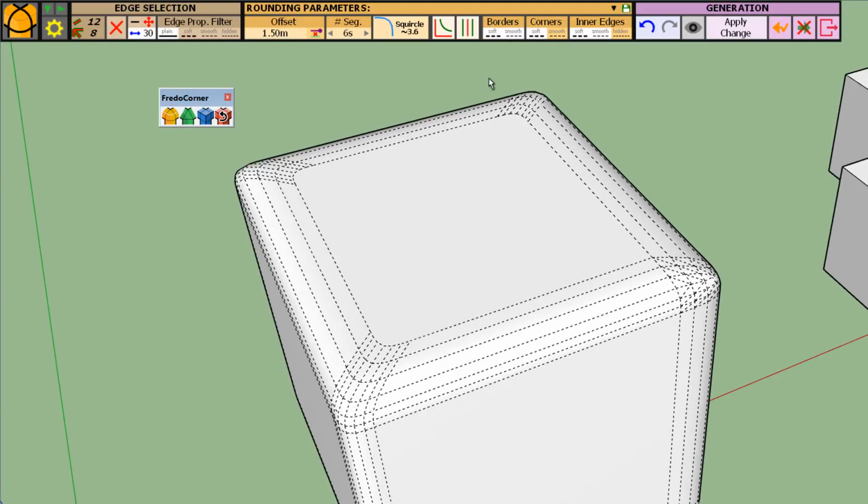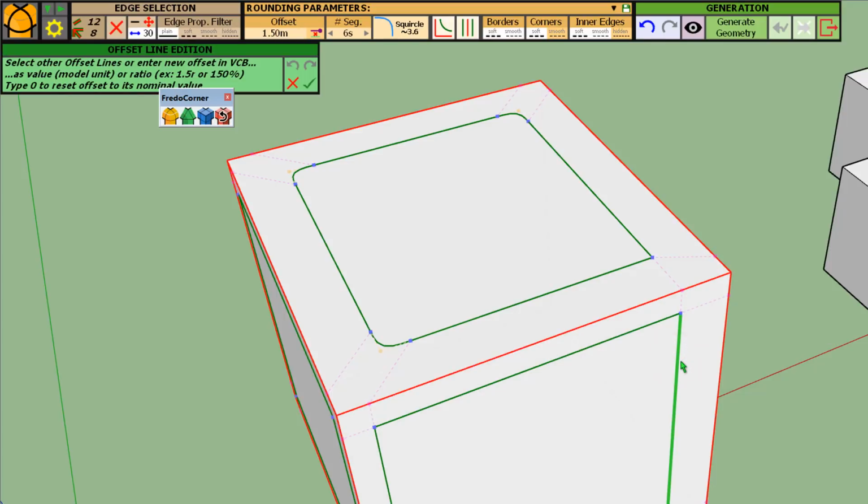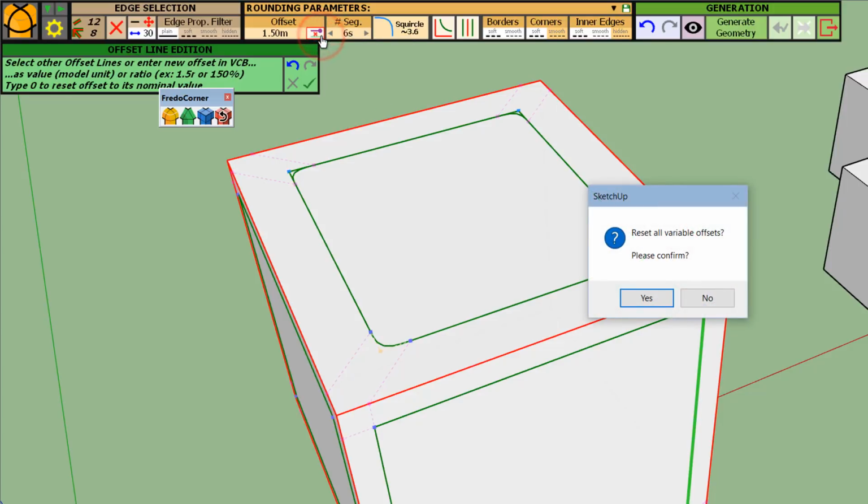At any time, you can of course reset all offsets or a single offset. If you want to reset this one, for example, you just type 0 and it goes back to the default offset. You can of course remove all variable offset with this button.